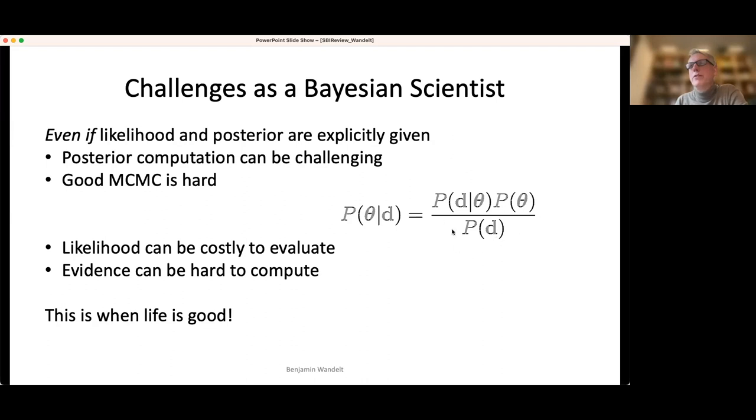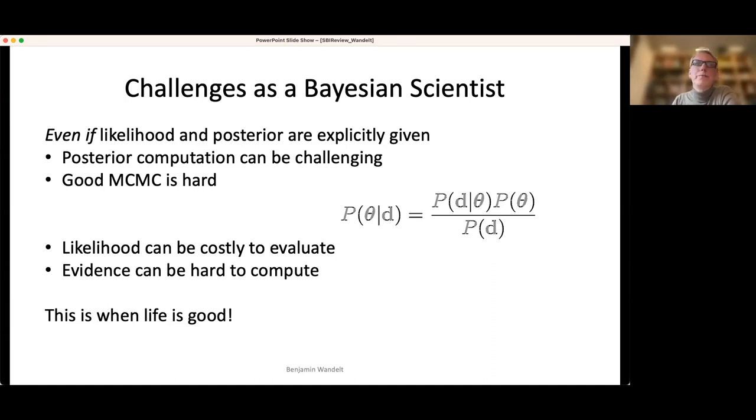the Bayesian quartet, which is the P of D, which is often called the evidence, which enters when you try to compare different models. So if you have data and you want to say, okay, what's the relative probability of two models, then you compute the evidence for the two sets of assumptions, and you can compute the ratio of that, and that will tell you which of those two models is more likely to have produced the data. But that can also be very difficult to compute because it means you have to do integrals